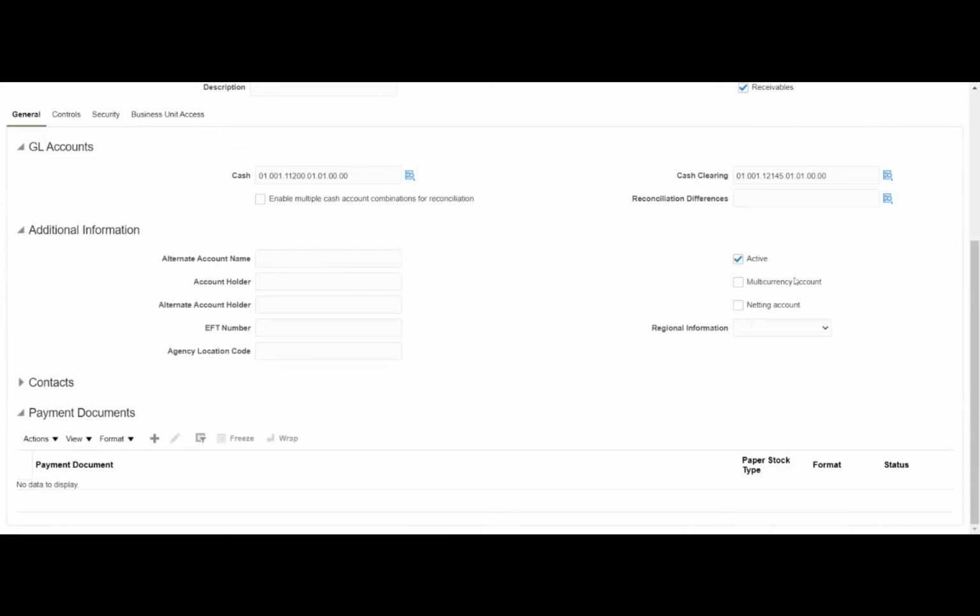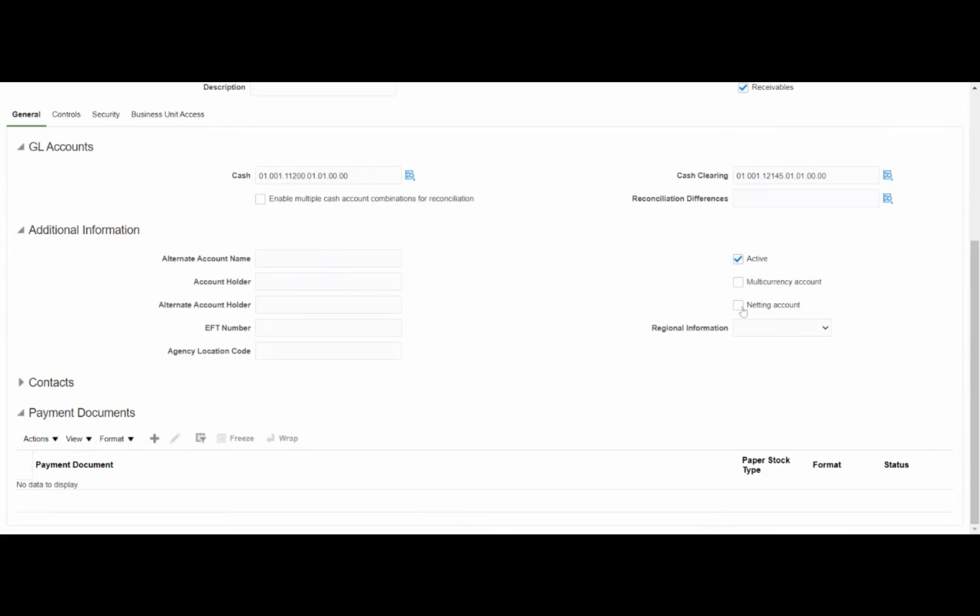Okay, and then we have active status. Unless we give this, we will not be able to see this. And apart from that, we have two other options. That is to give a multi-currency account. When we say multi-currency, it is going to allow foreign currency transactions also. But if we disable this option, I will be able to create transactions only with Mauritius currency, that is Mauritius rupees.